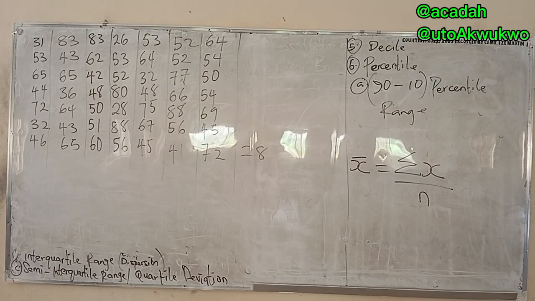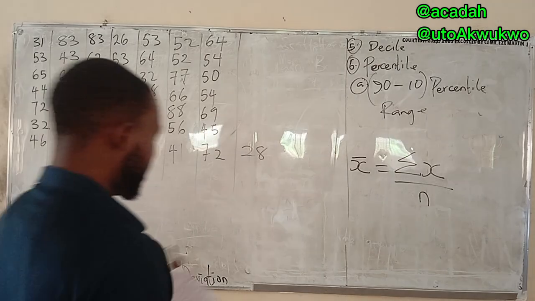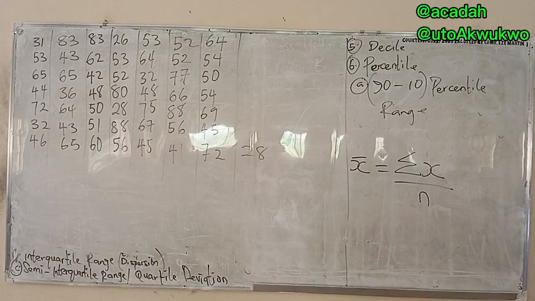So this is what you have. Normally they don't divide it like this; I partitioned it so that as you are copying, you don't mix it up. Now they said, in the exercise, part A, form a group frequency distribution from the data in question 1 above, or the distribution above.